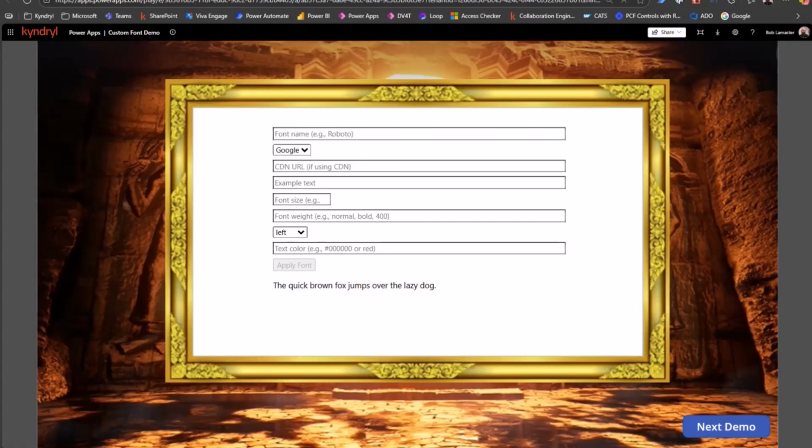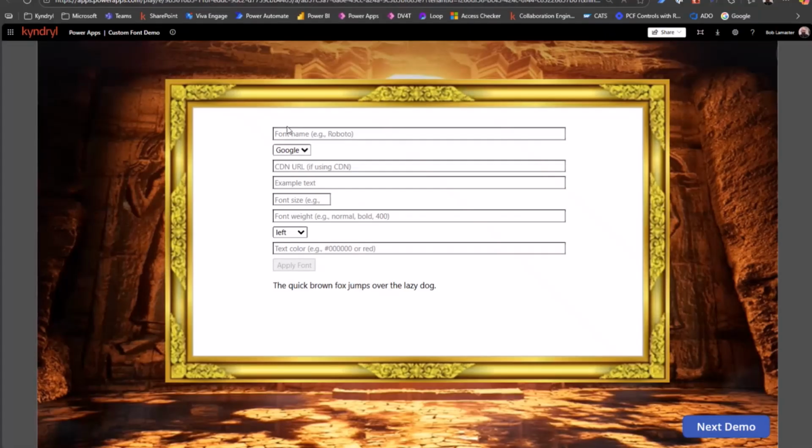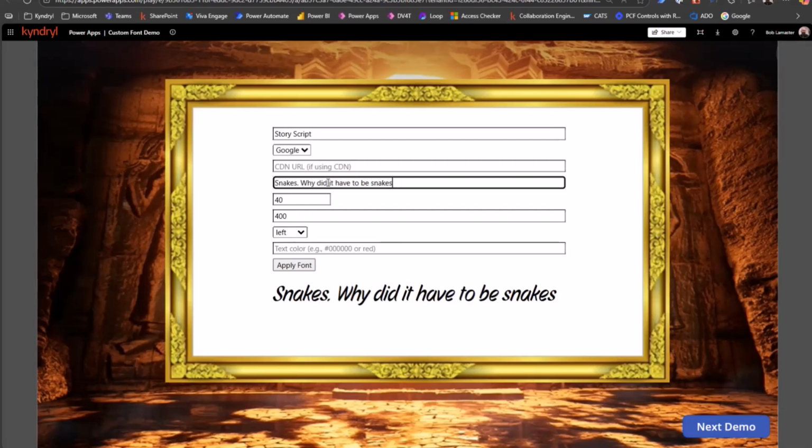So if I go to Google, if I get a font family name, like let's take Story Script, I just want to look for this line that says font family and copy that and put it right in here where it says font name. Now I don't need a CDN because I'm not using my own CDN. Let's skip the text for a second, go to font size 40 and font weight 400 is a good one. And I can left justify it, center it, right. I can even supply a color. But let's type in some text. And you can see that font is immediately rendered with whatever font family that I've put in here and the